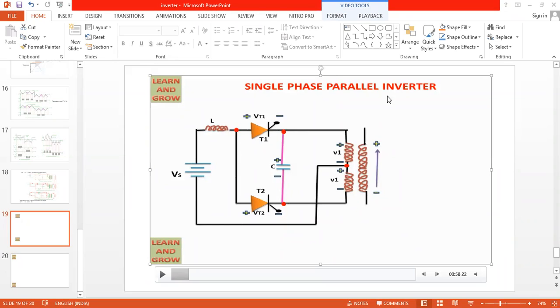If you move into the industry side, people ask you how many types of inverters are present. You should mention pure sine wave inverter, modified sine wave inverter, and square wave inverter. Once again, I repeat: three types of inverters are present practically. One is the sine wave inverter, the next is the modified sine wave inverter, and the next is the square wave inverter.